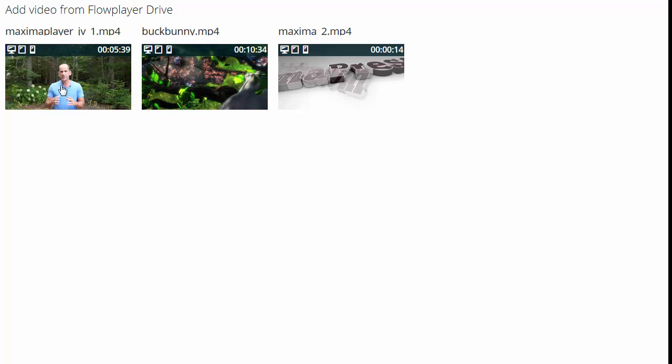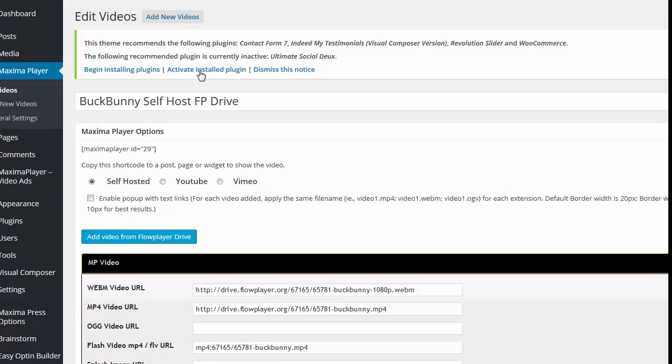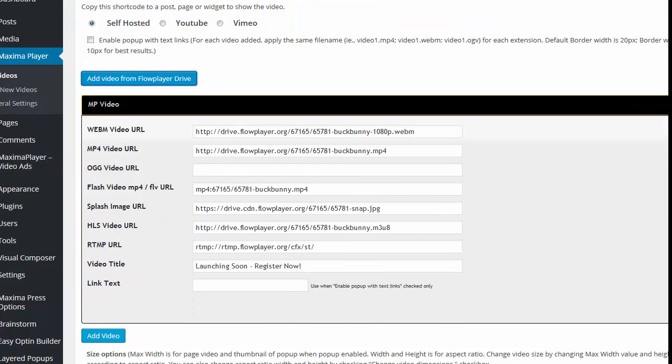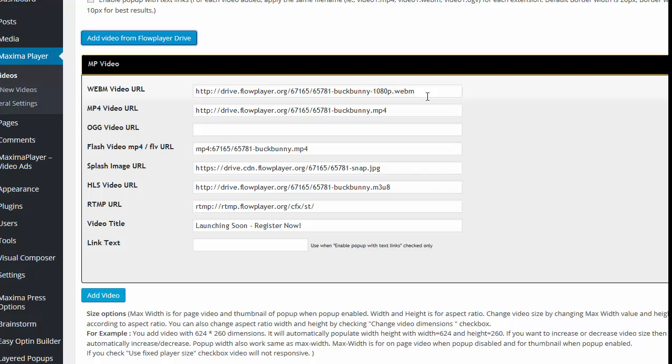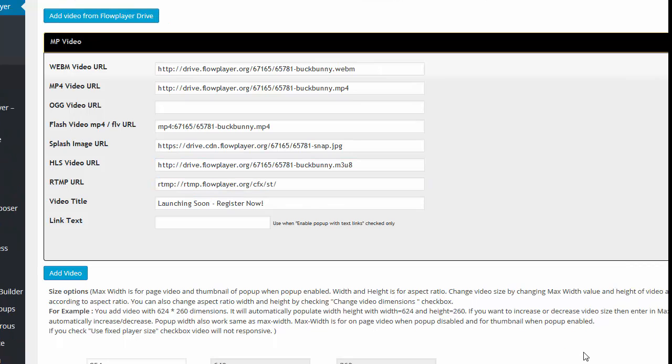So I can pick this one right here, this Buck Bunny one. I'll click on that one. And you'll see that when I do that, it automatically inserted all the video files in the appropriate field, including the HLS, and for RTMP live streaming, it did that too. Isn't that cool? So all I need to do is come down below and make sure that what resolutions I